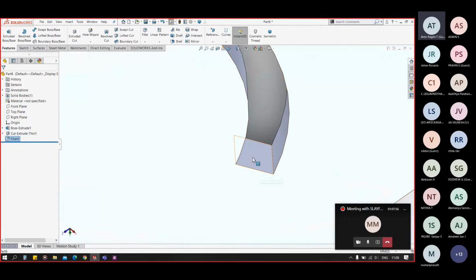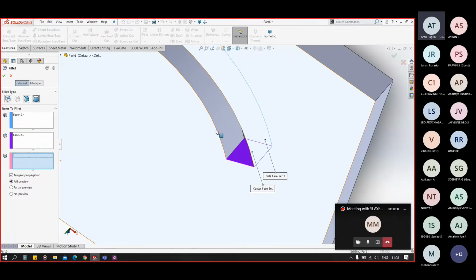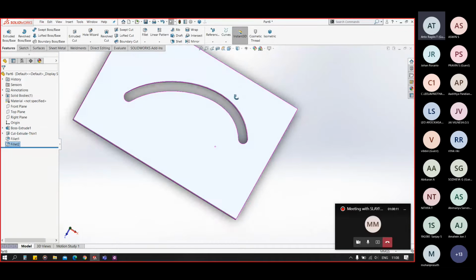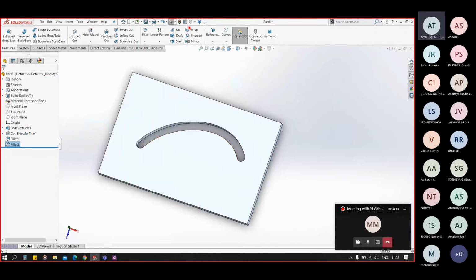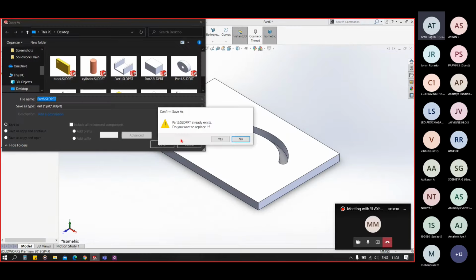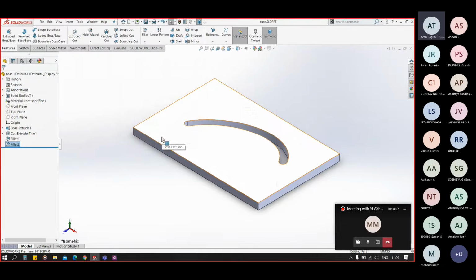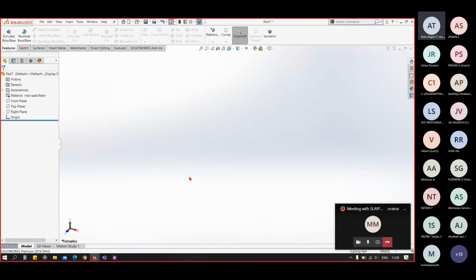Again the same fillet option here, using the third option, first face, second face, third box, third face, and click on OK. Now you can see we have this curved slot in our base plate. Okay, let me name it as base.